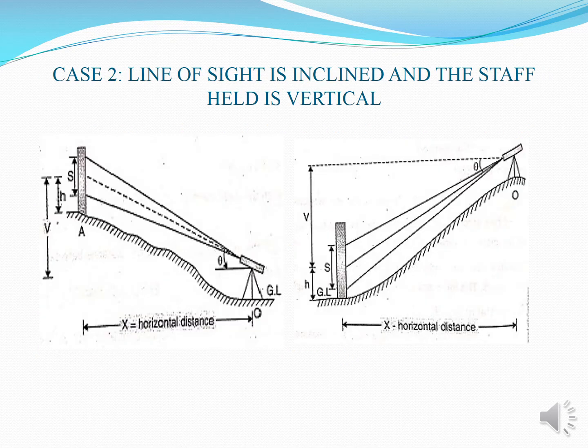Then case 2 means the line of sight is inclined and the staff held is vertical. So see this figure for case 2. For case 2, the line of sight is inclined. So for the first figure, on the right side there is an instrument placed here, and the line of sight is inclined, but the staff held is vertical, and it is placed at point A on the left hand side of the instrument,